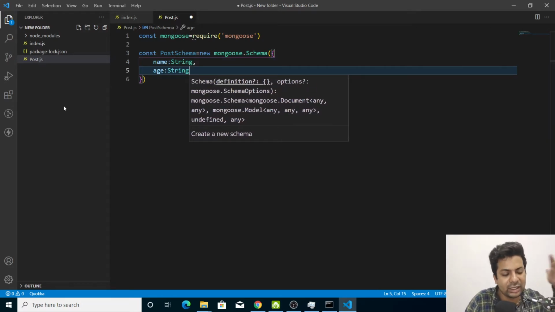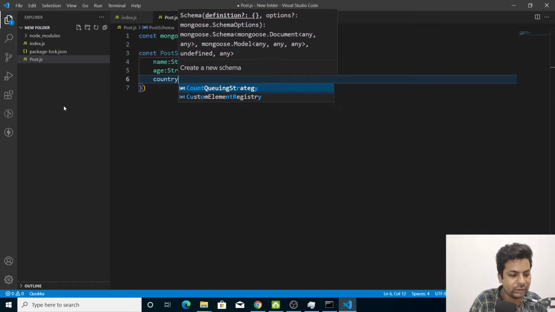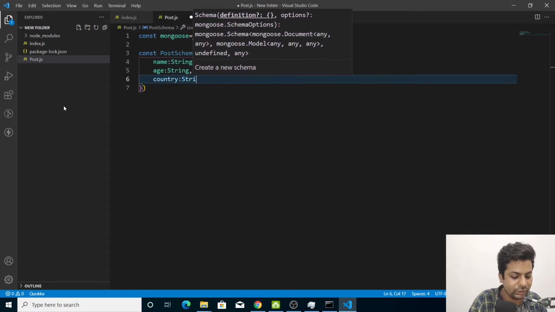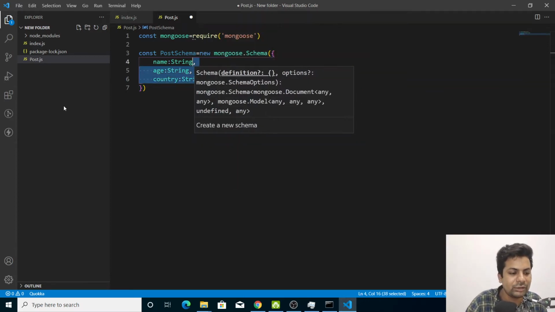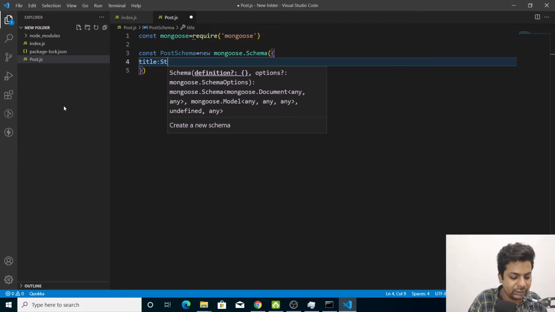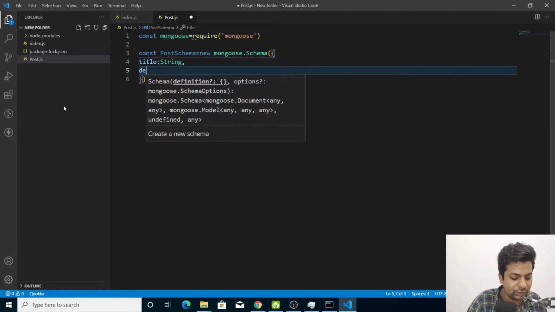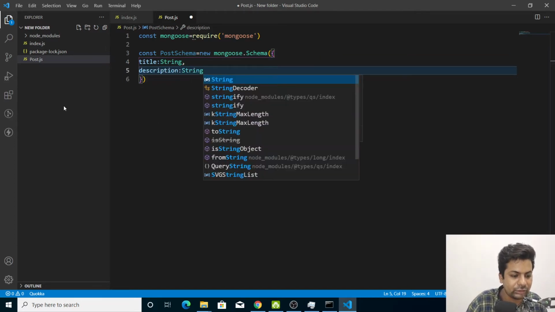It should really be an integer but I am making it a string. Then country, a string. Okay, let me just make it for title and description only.